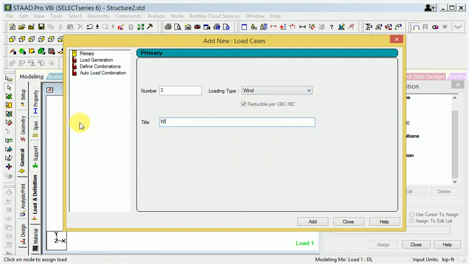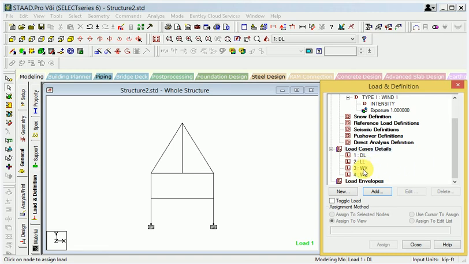So wind load x direction, and also wind load y direction, z direction. So it is apply. I have chosen the x direction.